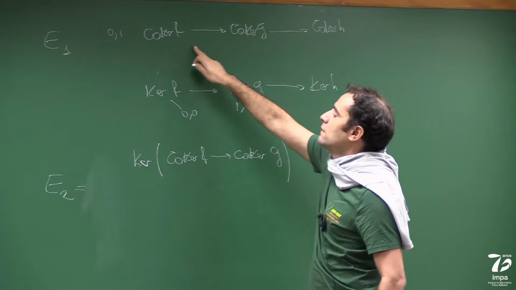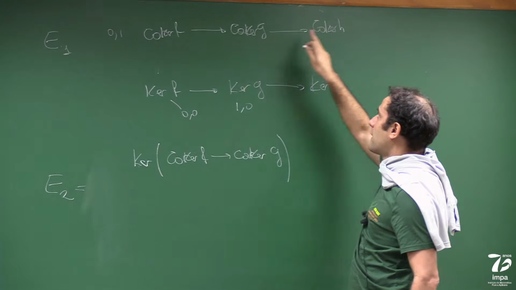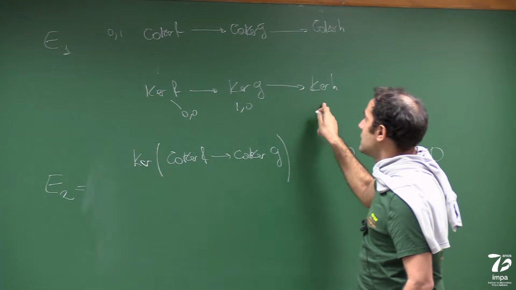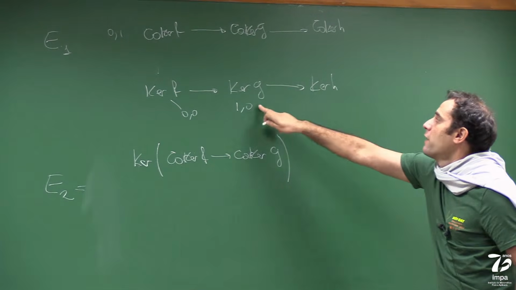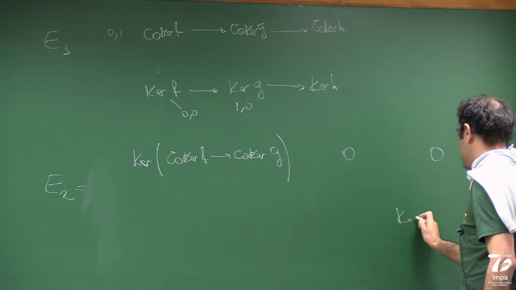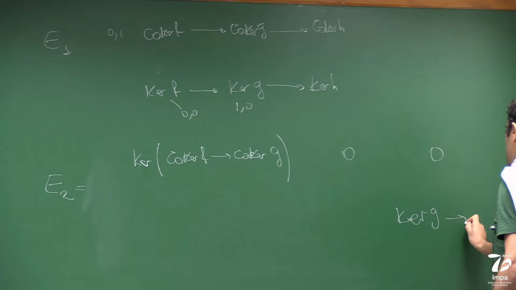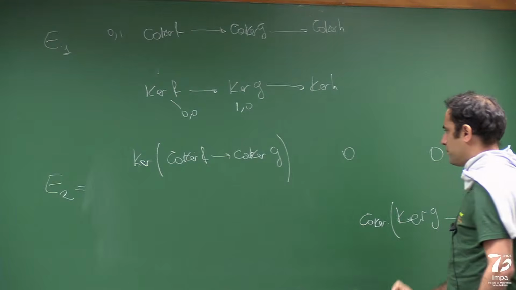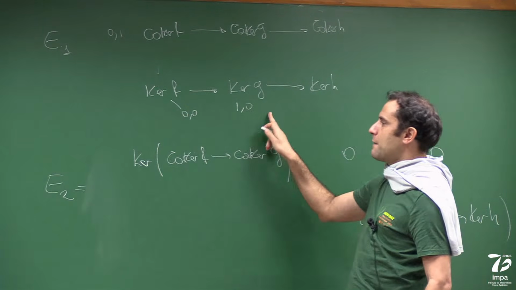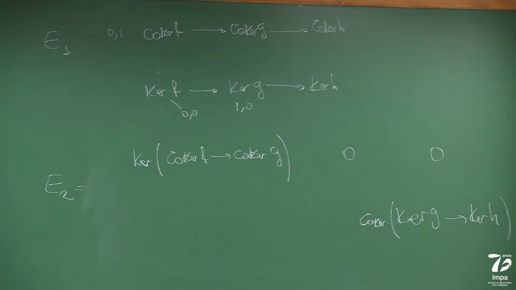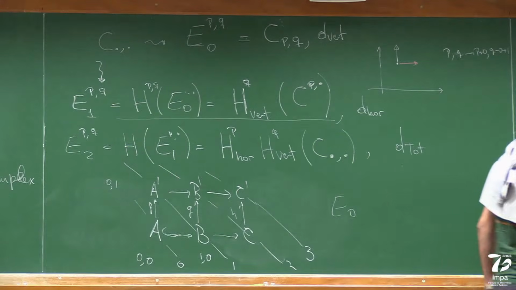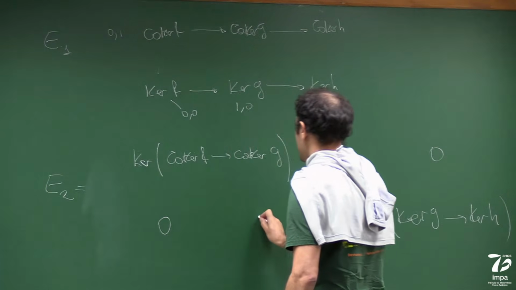Now, of course, this sequence is exact here, so nothing is going to survive, and it's exact there, so nothing is going to survive there. But in this degree, I also see something. I see the co-kernel of this map, which is the kernel of G into the kernel of H, and I have the co-kernel of that. And again, this map is still injective. I mean, it's trivial that from the kernel of F to the kernel of G, because this guy was injective, this map is injective. So again, this guy has zeros here and zeros there.